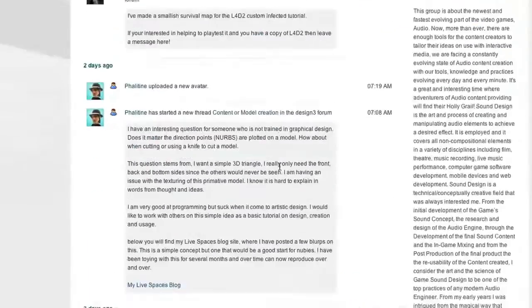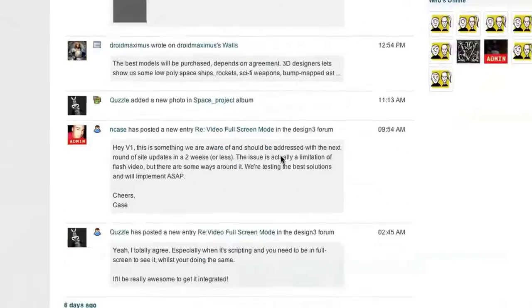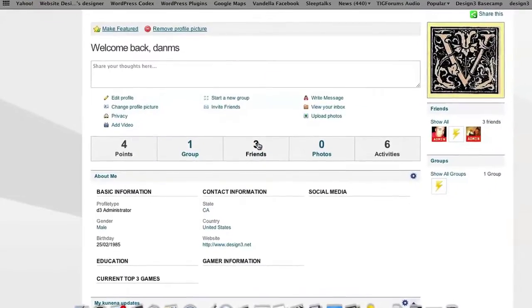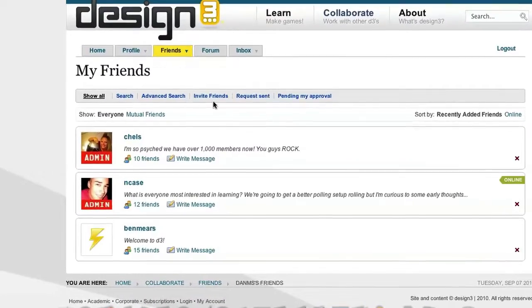And the last of those big 3 for us is the community, the Design3 community. We really want to offer a place where developers at all levels with different skills, interests, and ideas can meet, find each other and collaborate on their projects, and get their content out there.